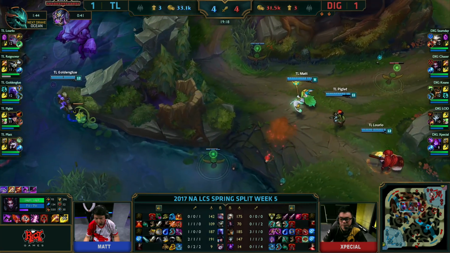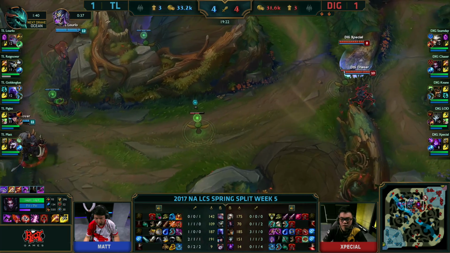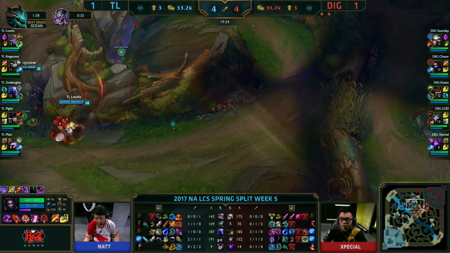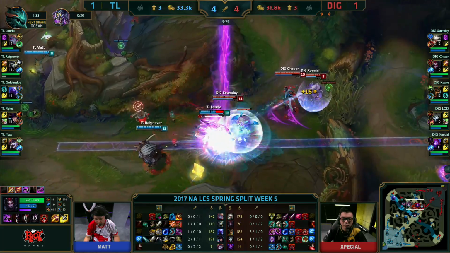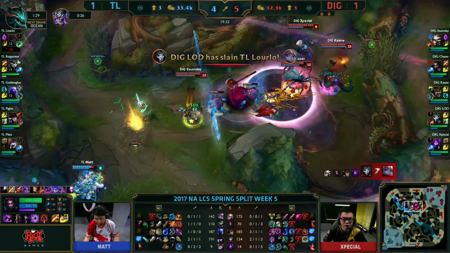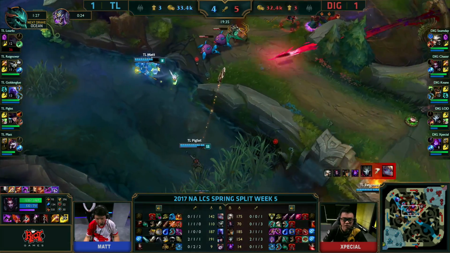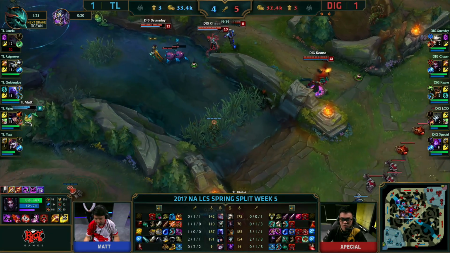4-4, games tied up with 1,500 gold separating the teams. But you've got to remember that even though Dig is down 1.5k, they've got 2 Infernal Drakes under their belt. That's going to be shoring up a lot of that. Looking for Lorlo. Lorlo getting himself caught out. Normally Poppy is not the target to go for the burst on, but this time around it's not going to be a problem. Matt trying to get himself away, dodges out away from the 3rd and 4th shot, but Dignitas